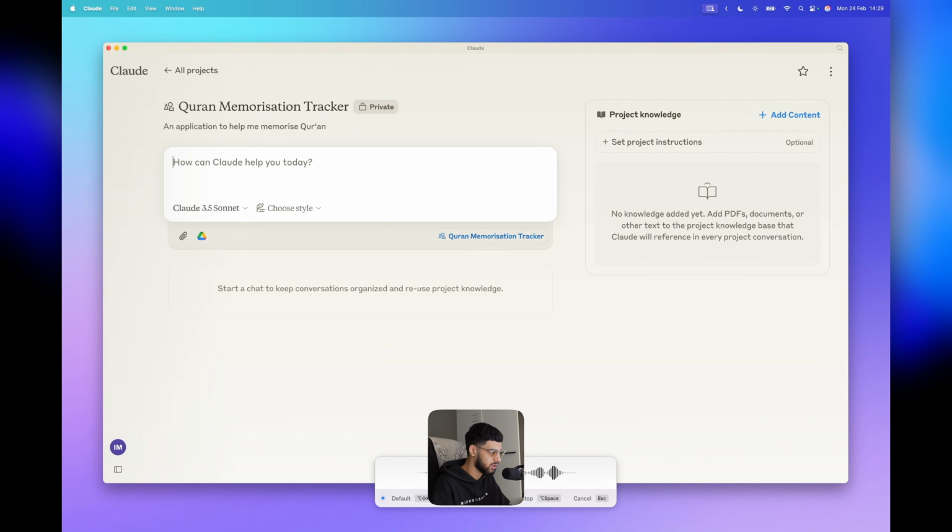It would then also be nice to have a reminders type of thing. So for example, it can say, okay, you've memorized this verse enough times today, come back in a week, and then when I come back in a week, it will say, don't forget to recite this specific surah, right? So just put all of this information into your memory, write out some project instructions, and then explain back to me if you understand what I've just explained to you and what you think the application needs to be. And then we can go from there in terms of building it.